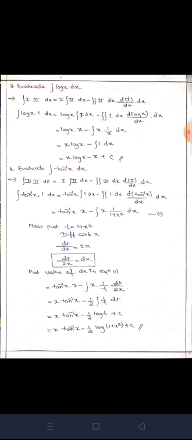In the next step, tan inverse of x into, what is integration of 1? That is x, minus, integration sign as it is. So integration of 1 will be x and differentiation of tan inverse of x is 1 upon 1 plus x square dx. So what we are having here? Tan inverse of x into x minus integration of x into 1 upon 1 plus x square dx. Now you can't solve integration of x into 1 upon 1 plus x square directly.